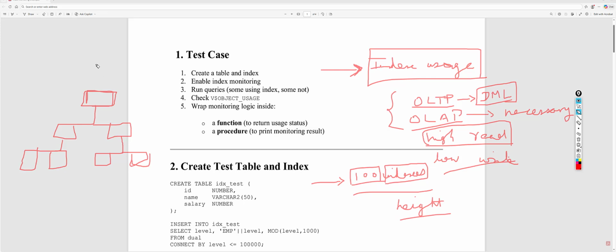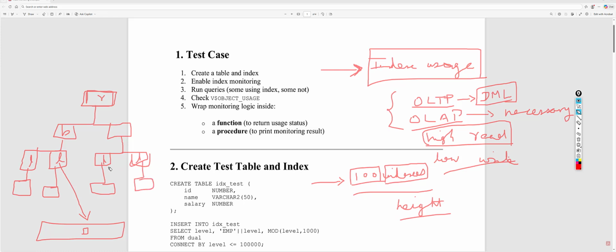Oracle has to traverse through each and every node when it needs to find the block containing the index entries, which contain the row ID and the address of the table blocks, where exactly the table blocks are residing. So here the height means the number of blocks that are